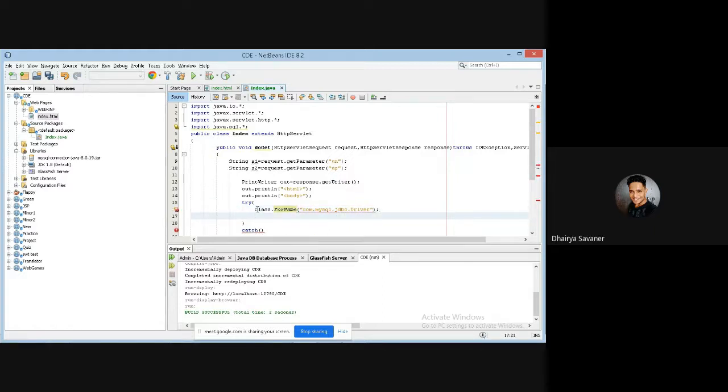And now what we're going to do here is we're going to create a connection here. Con equals DriverManager.getConnection. Now we are going to write the connection URL, jdbc. This connection code is really important. It's asked many times in the interviews. So you have to